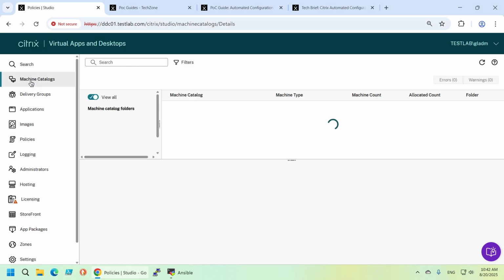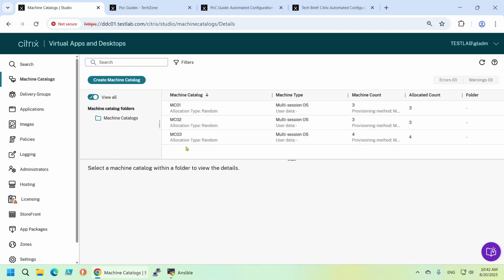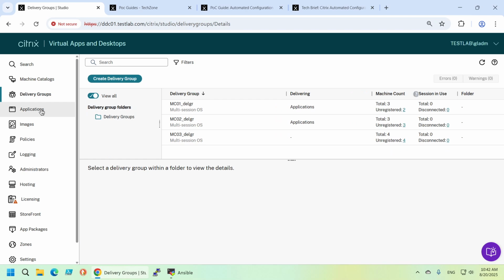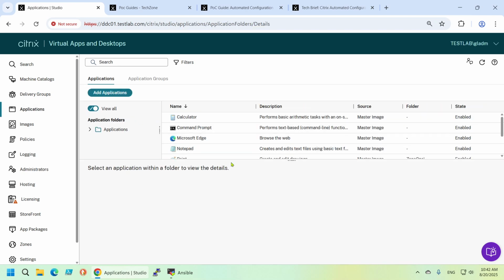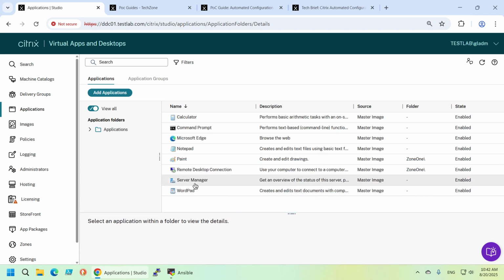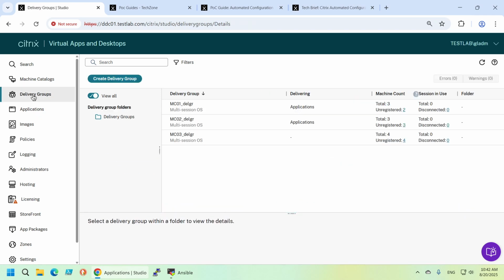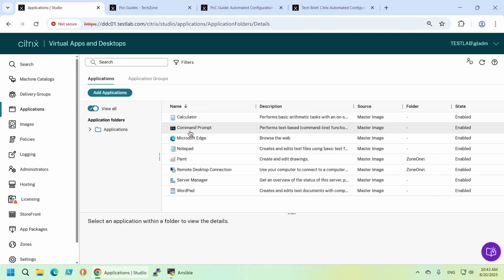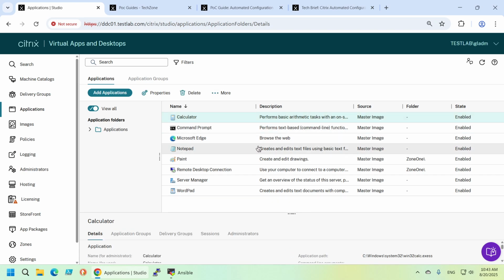In the same manner, you can recover catalogs, you can recover delivery groups, you can recover applications. It is important to know that if, for example, you delete a delivery group and your application relies on that delivery group, you may have issues. So you need to know the logic behind publishing Citrix